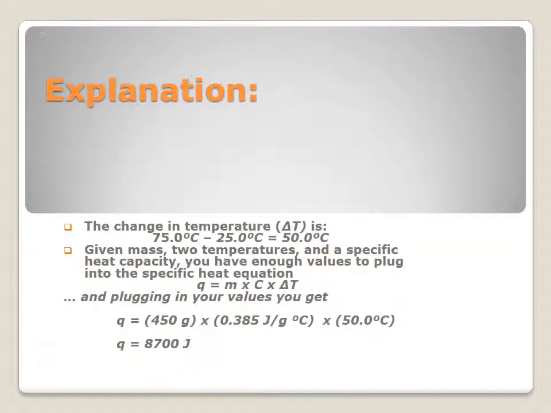So given the two temperatures, you can find the change in between and you get 50.0 Celsius. Given mass, specific heat capacity, and the change in temperature, you have enough values to plug into the equation Q equals m times C times delta T. And plugging in your values, you get Q equals